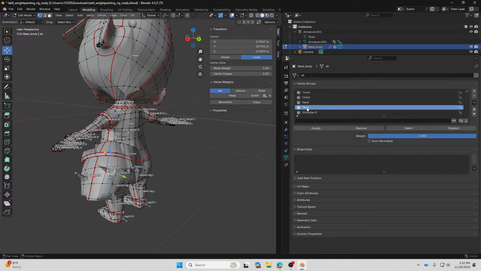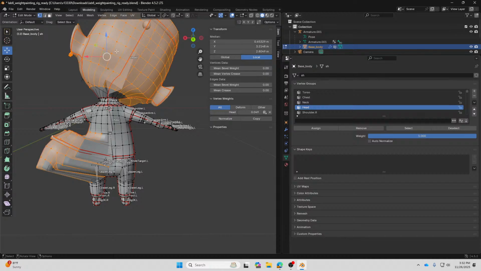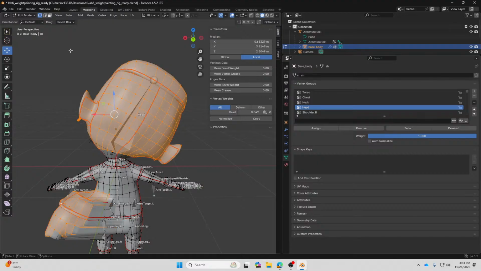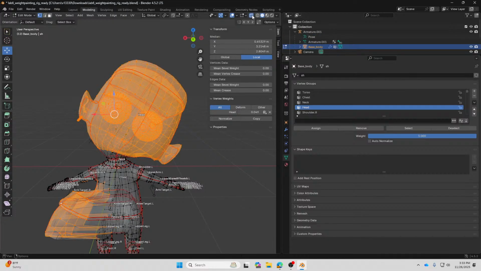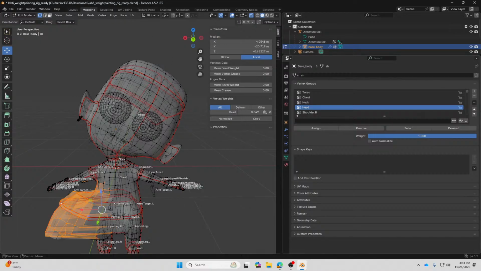In my case I have the head over here, but you can type in the name in the search box, click on select and see for yourself which part of the geometry is not supposed to control this part of the body, and you deselect the part that is correct. B for box select, and make sure you are in X-ray mode so you'll be able to correct them, and then you click on remove. Alright, it's going to fix the problem.